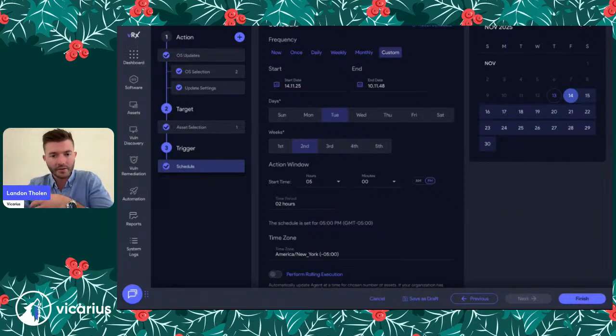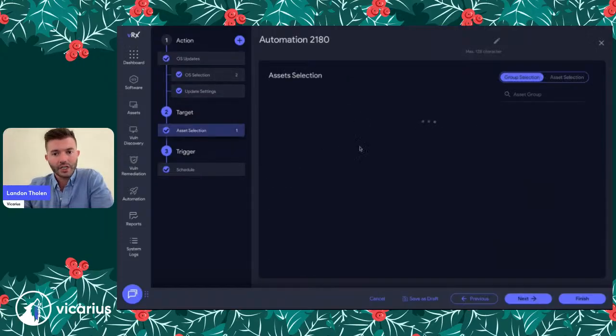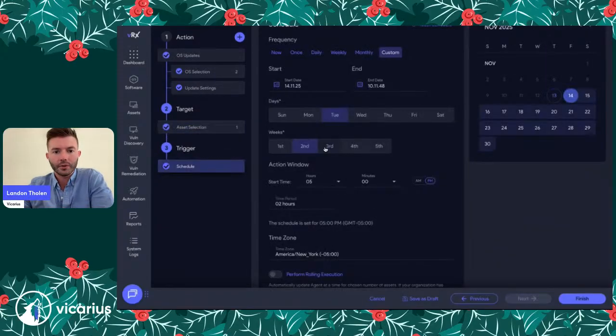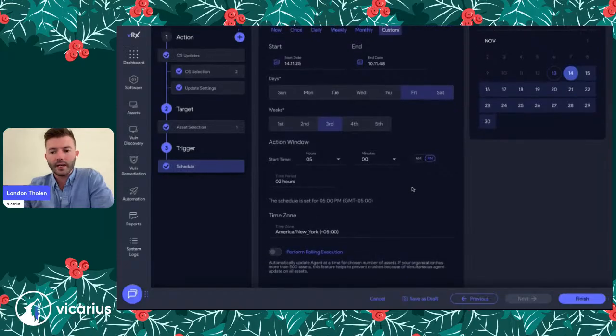It's how do we roll it out to phase 2? Well, for every one of these automations, you can actually clone them, and then all you do is come in here, change the targeting, choose phase 2 asset group, schedule it maybe for that third week of the month, and maybe we want that on Friday and Saturday. Boom, go ahead and save that. And just like that, you've set up a staggered rollout to the patching,